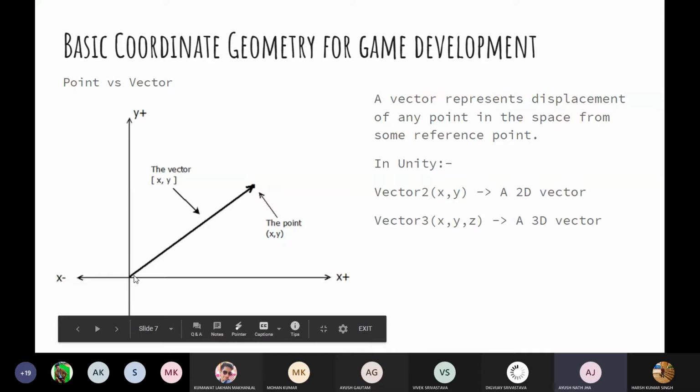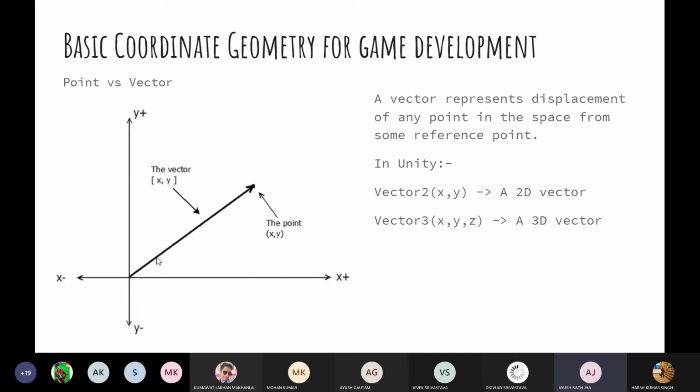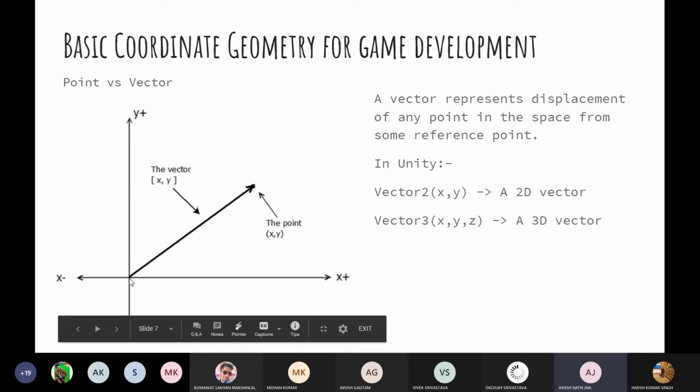The line which joins the origin, or any other point, to this point is the vector joining the two points. So this is a vector x comma y which joins the origin with this point. This is the basic concept.